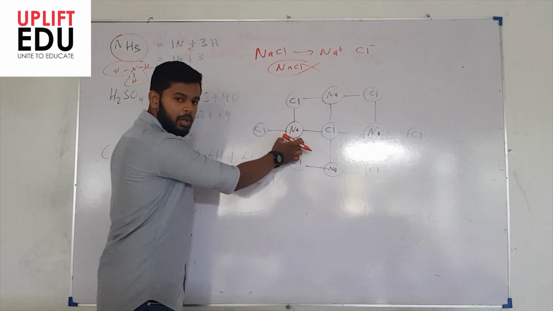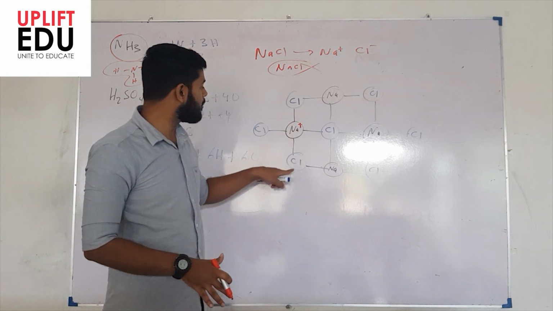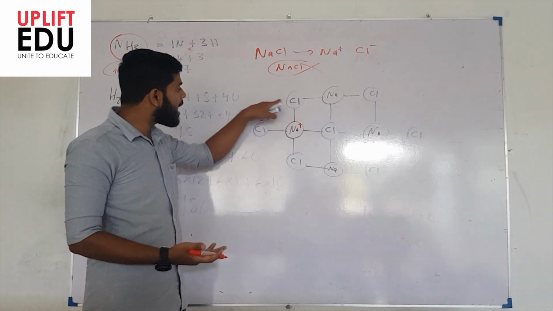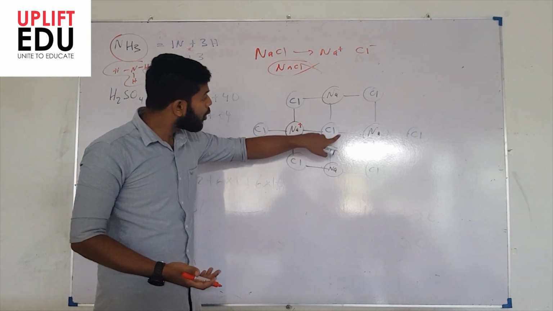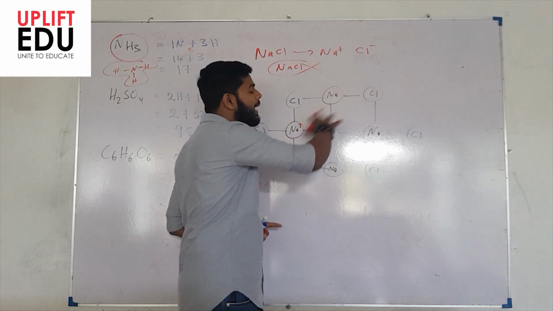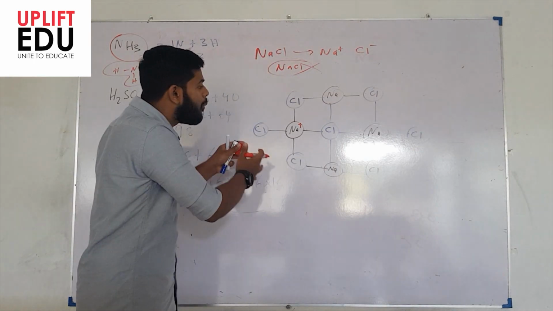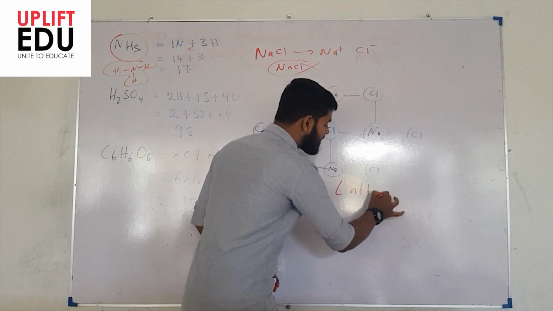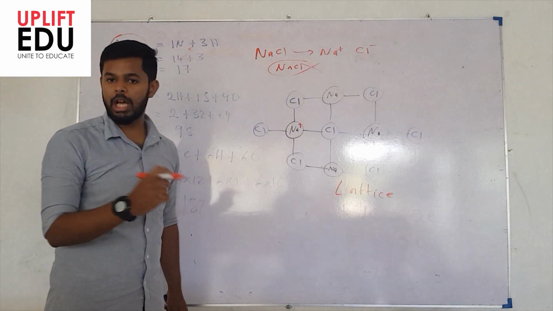There will be a central sodium atom that will be positively charged, that will be surrounded by 6 chlorine atoms. On my board I have drawn only 4 since this is a 2-dimensional board. But when we consider 3 dimensions, there will be 6 chlorine atoms surrounding this sodium. Right? Similarly, when I consider the chlorine, chlorine would be surrounded by 6 sodium cations. Similarly, all these anions and cations will be surrounded by ions of opposite charge, right? So this will form a long mesh. We call this structure the lattice structure, right? It forms a continuous structure, not a single unit like ammonia or H2SO4 or carbon dioxide, right?